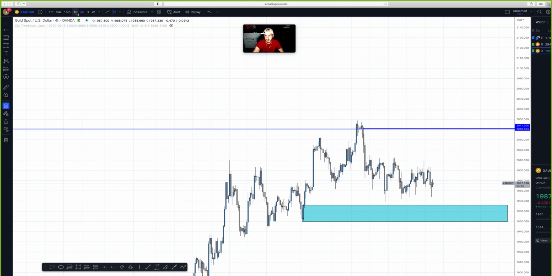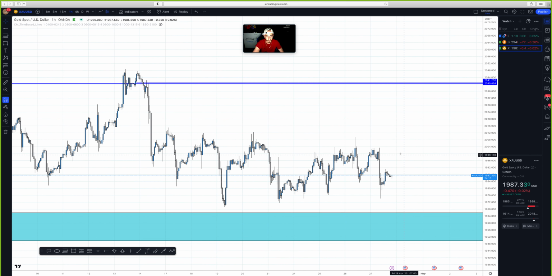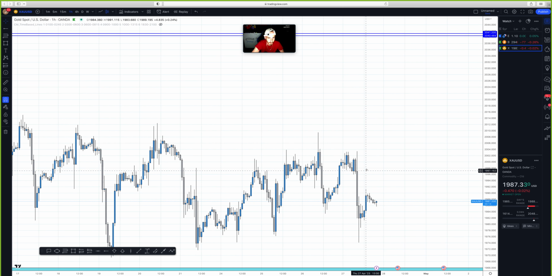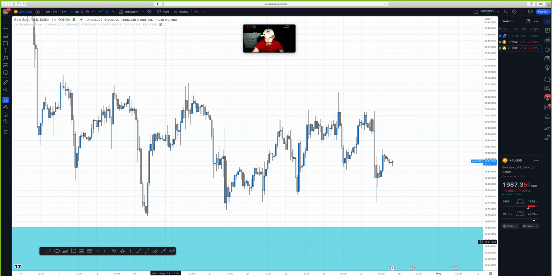If we go to H1. Okay, now that we're in H1, notice this. So this is what we're working with more recently. So now we have to keep this in mind. Notice how we have this void right here, right? We have this void and this area of supply. So this is there because in trading, it's not 100% price is going to do this or this. It's either price does this, and if price does this, what could price do? So you have to ask yourself,